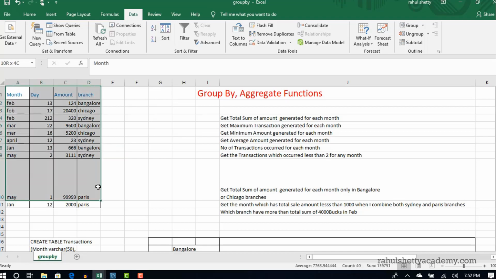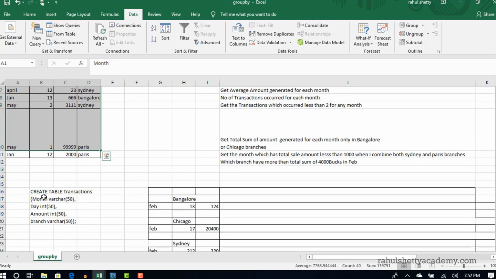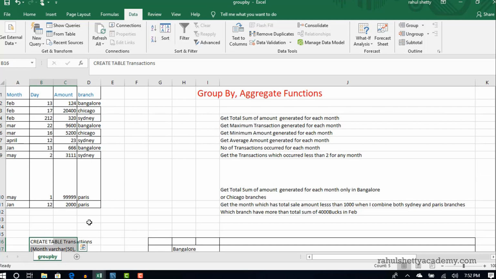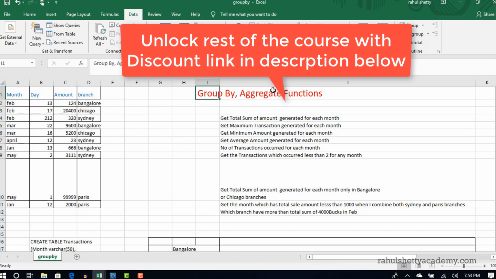Okay, I'm just telling you, practice this one simple table. It looks like just a single table, but it is very powerful to explore and come up with more and more ideas. I have given this table syntax in the first lecture where you can download it, and thereafter you randomly put in some records using insert into transactions. I'll give you one more statement as well as an insert example. Take that, put in all these values and practice. So this is how you handle group by and aggregate functions in SQL.